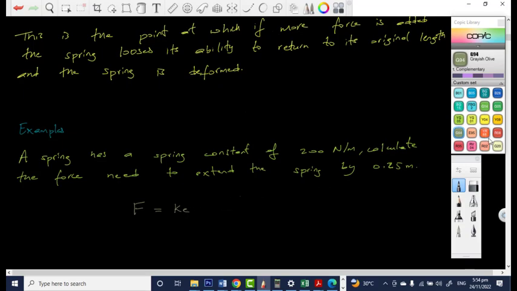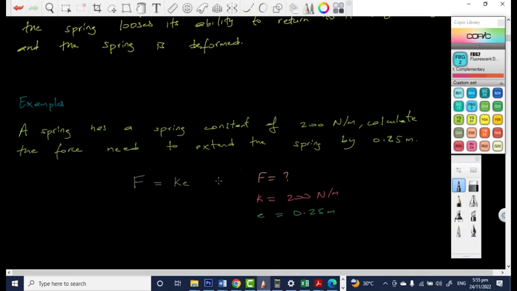So that's our formula. Now in our case, F is unknown. The spring constant K is given as 200 Newton per meter, and we are told that our extension E is 0.25 meters. So once we have all these variables, we can consider our expression. Since we're trying to find the force F, we can just substitute the values in. So K is 200